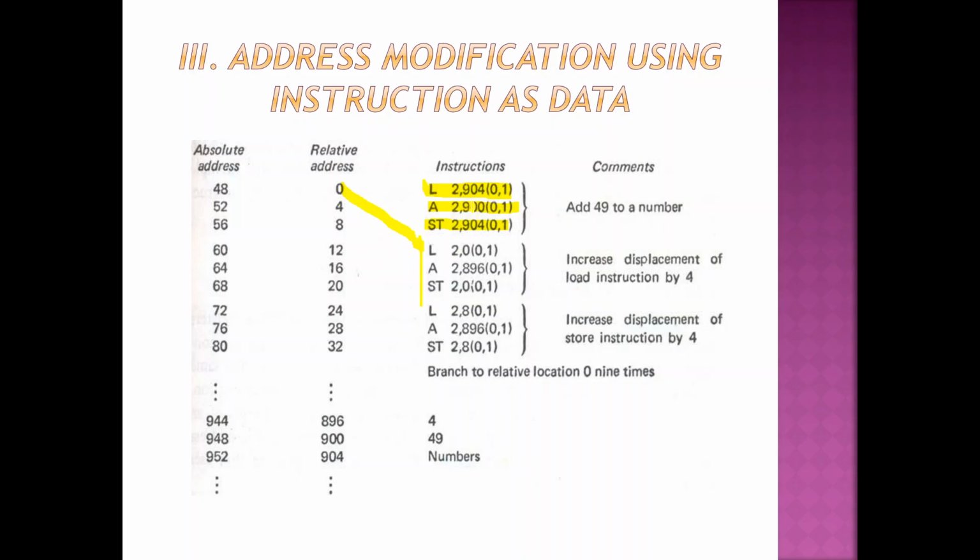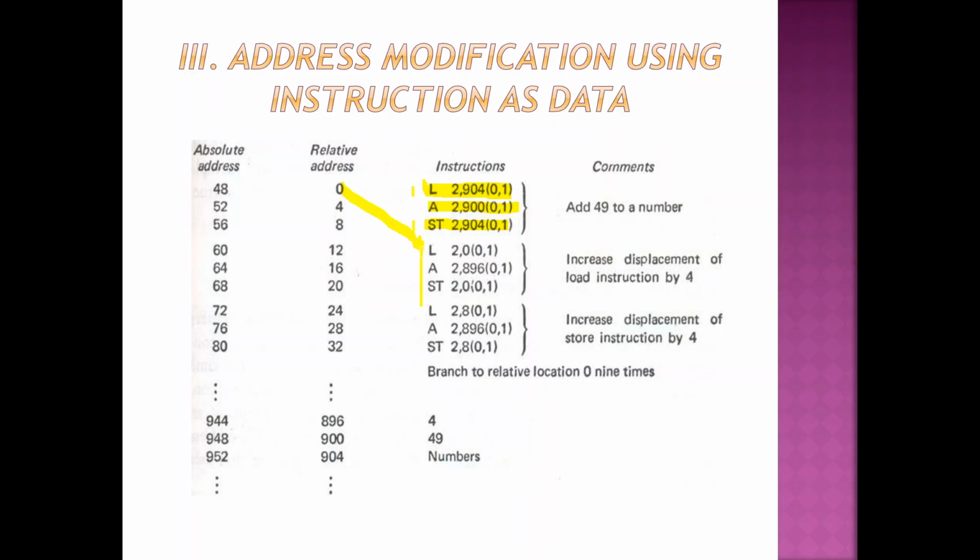Okay, see here again I will tell you, I asked you to make an observation there. That observation is nothing but there is only change in the load instruction and store instruction. There is no change in the add instruction. You can repeat the same instruction, nothing will happen. So whatever we are going to do now, we are going to do only to load and store instruction. We are not going to do it for the add instruction.